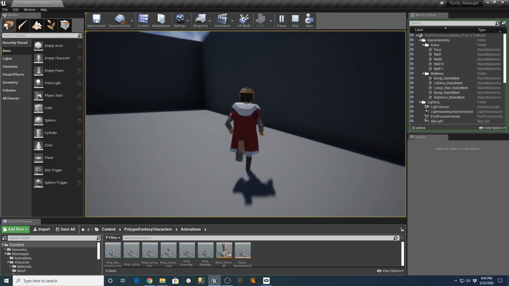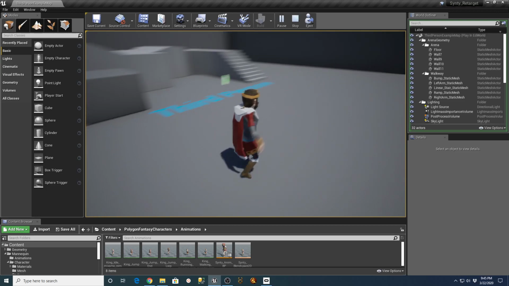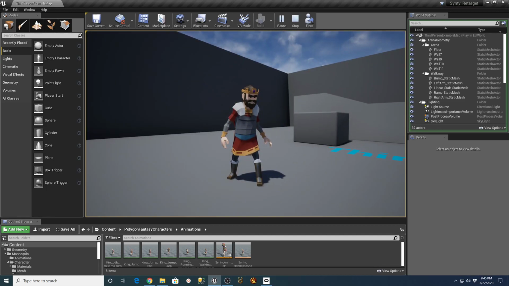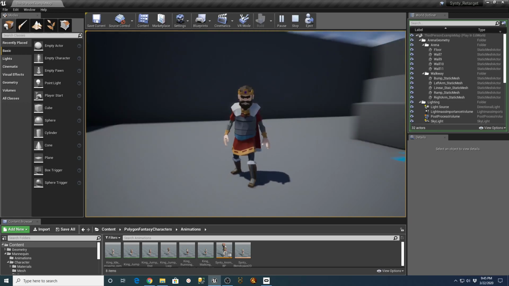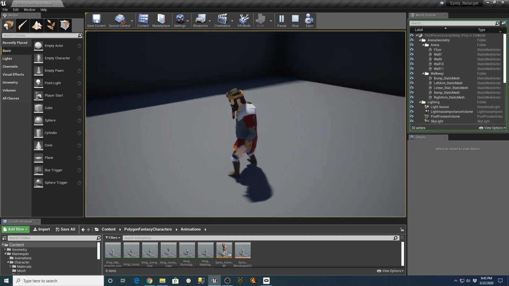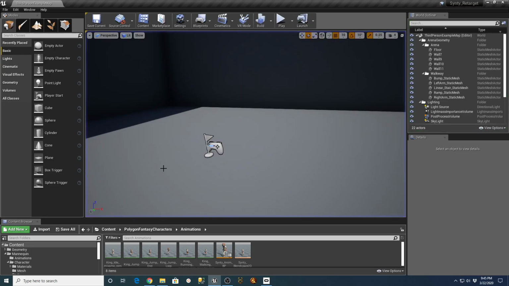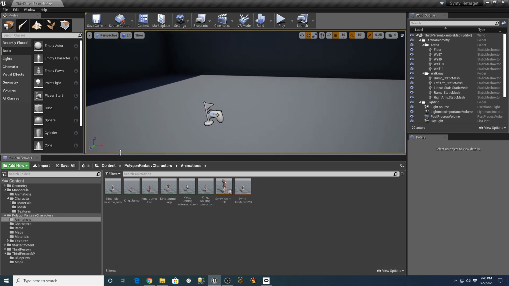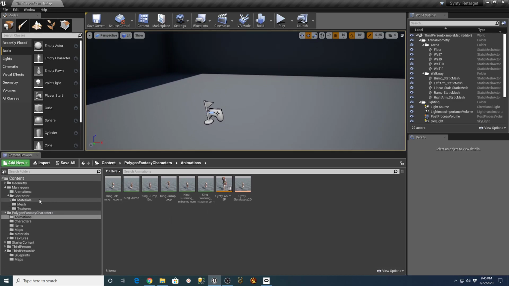And I think that the reason that we were doing it this way was because when I created a retarget of this character in another way, it seemed like it hosed it up a little bit, but this works better if you're building the animation blueprints and everything from the ground up. Most of it was because of the skeleton, I believe, the changes in there. But we could verify that very quickly by going over here.